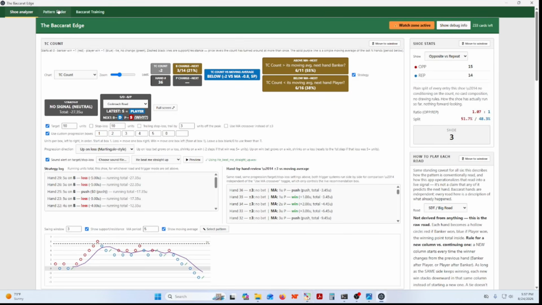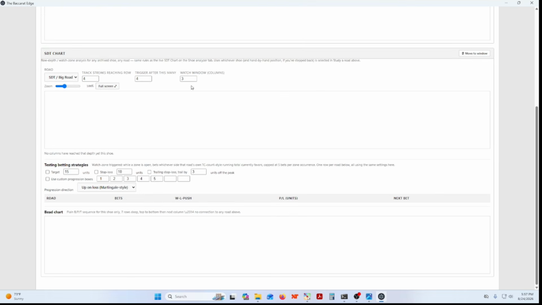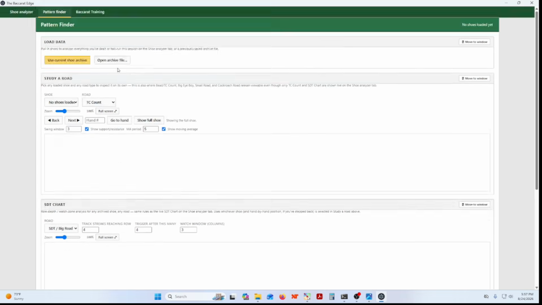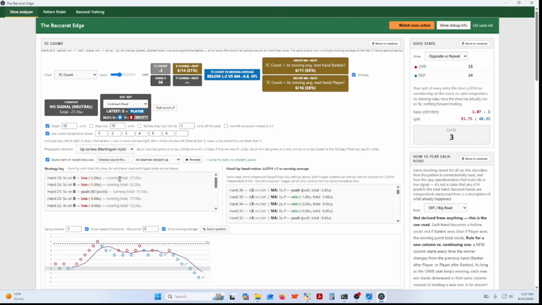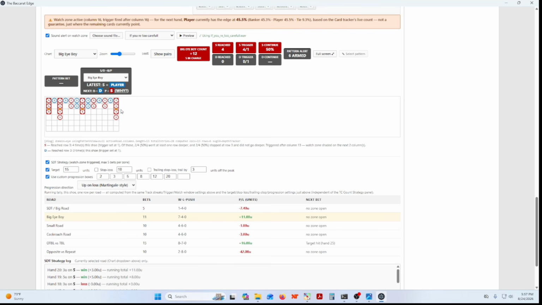Okay. Now, pattern finder. All this is so you can study charts. That's all the pattern finder is, so you can study charts. In my opinion, once you learn how to read the chart this way, instead of just keep doing this,